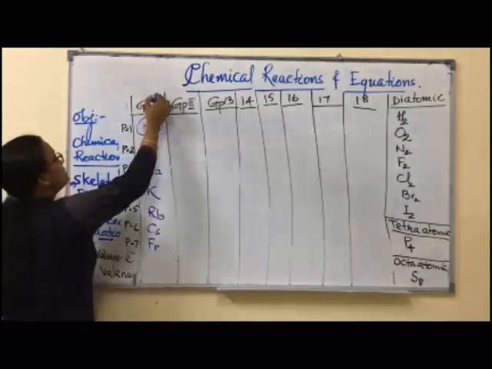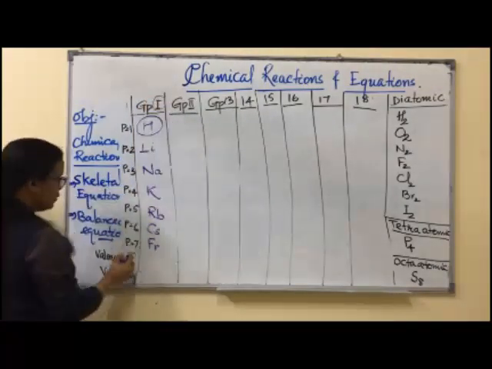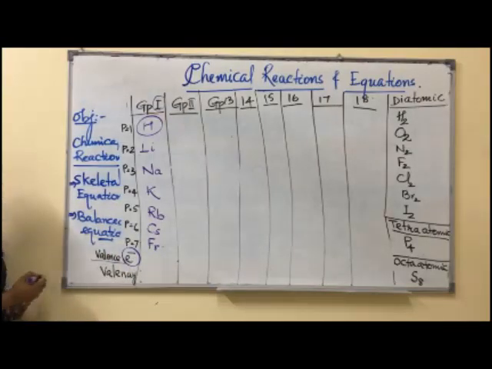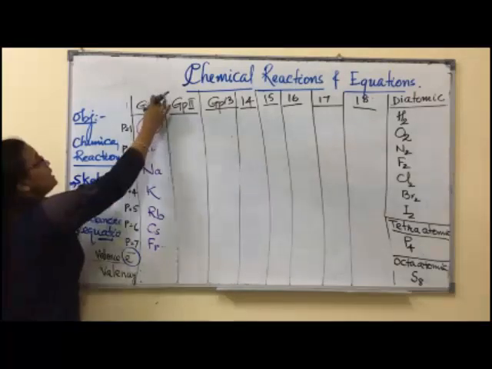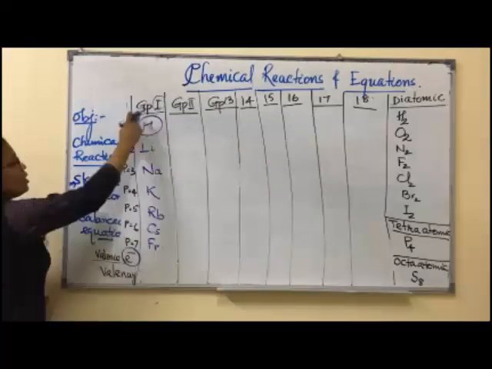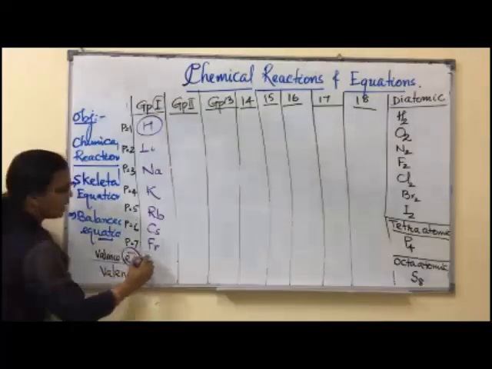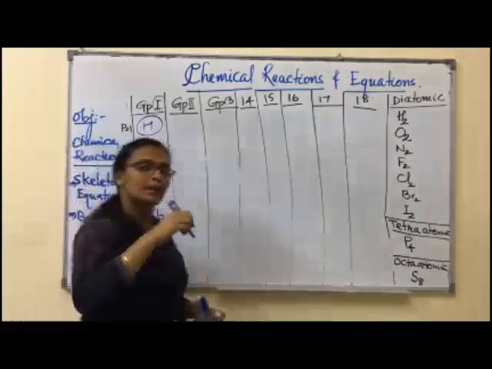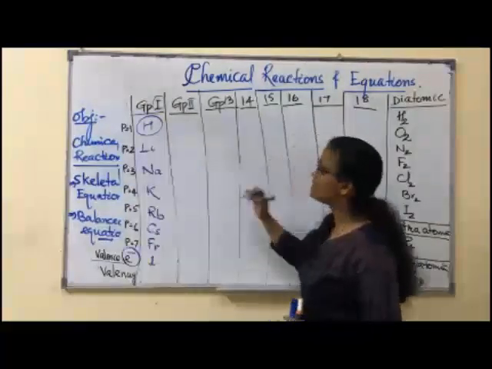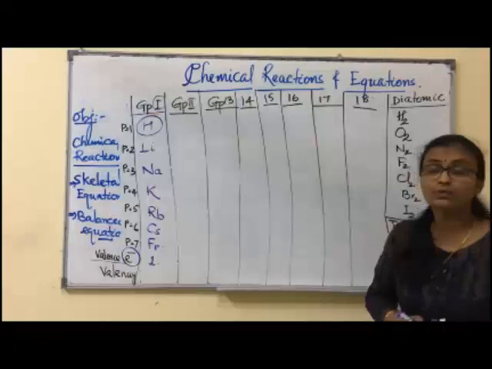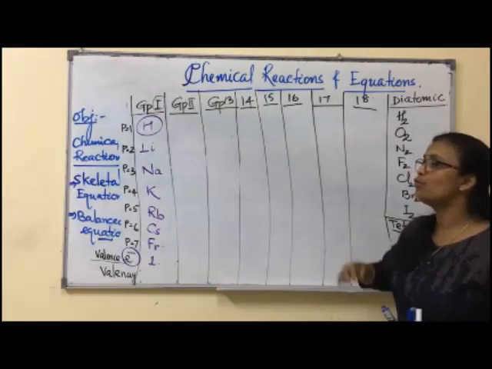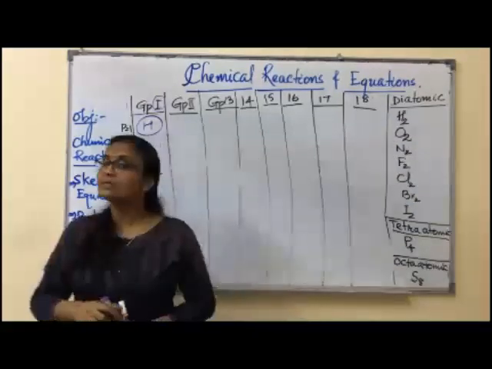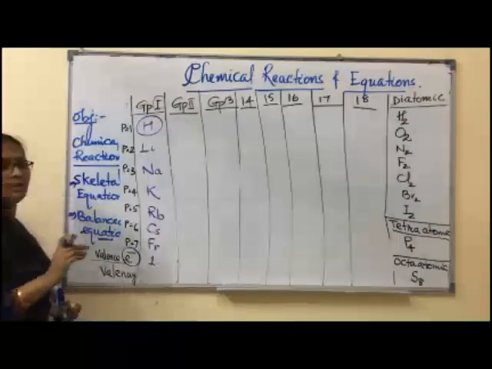So you can connect this: the group number is equal to the number of valence electrons. Group number is equal to number of valence electrons. So group 1 means all these elements have 1 electron in the valence shell, the outermost shell. If there is 1 electron in the outermost shell, these elements always have a tendency to attain stability by removing that 1 electron. So it can remove 1 electron and become a stable configuration, because stability we can say